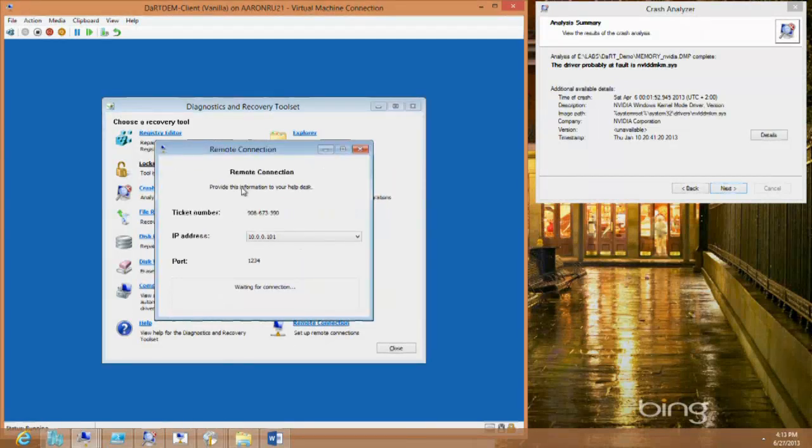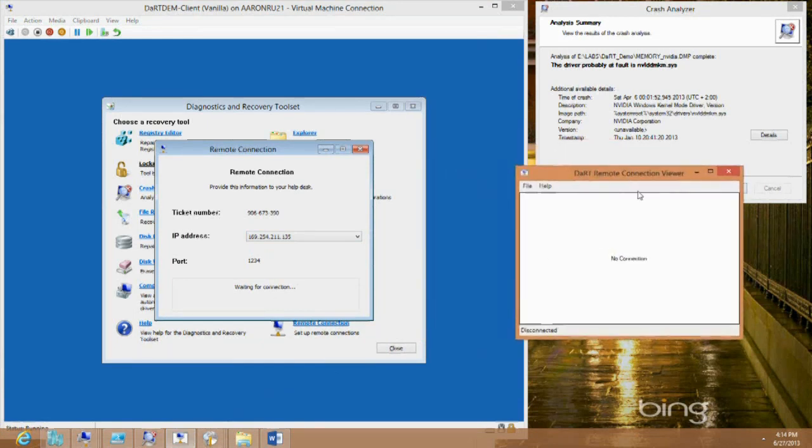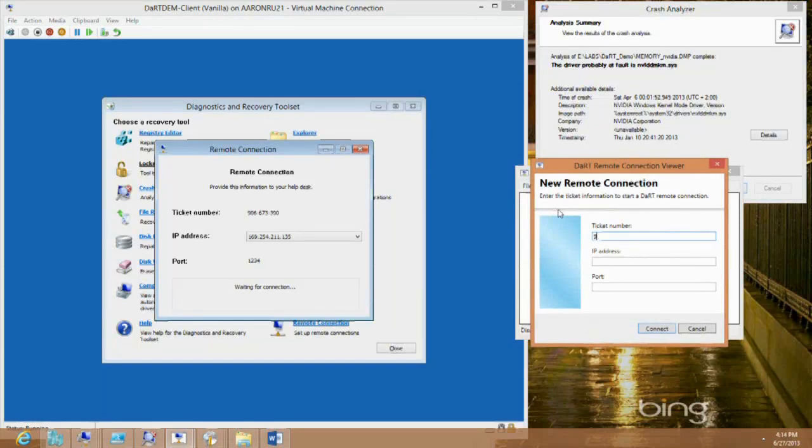And you'll notice that there's my ticket number, there's my IP address, and there's my port. Now, I want to make sure that I use the right NIC card, so I grab the right NIC card. I'm now going to come over and add my connect to a computer. So I'm going to type in